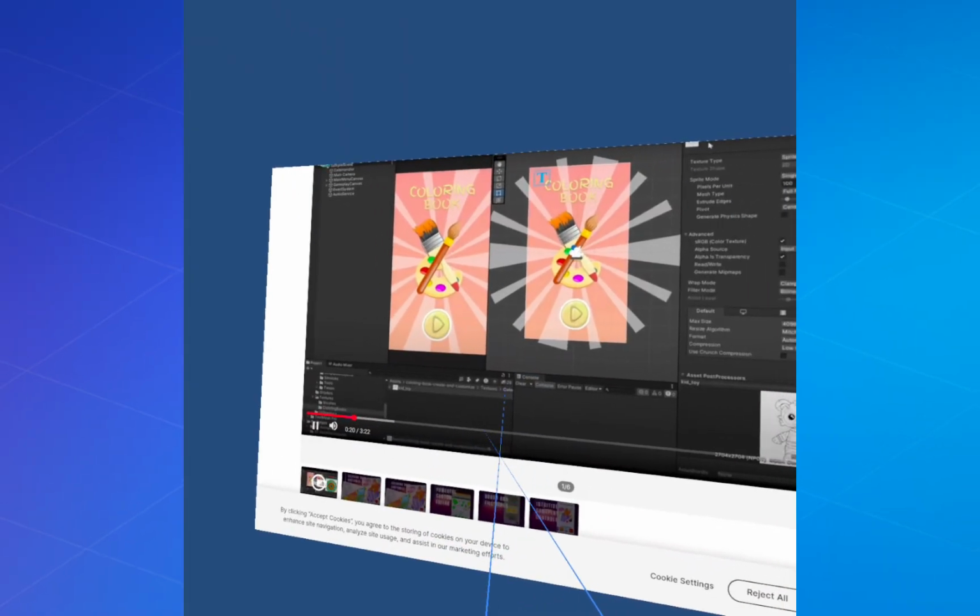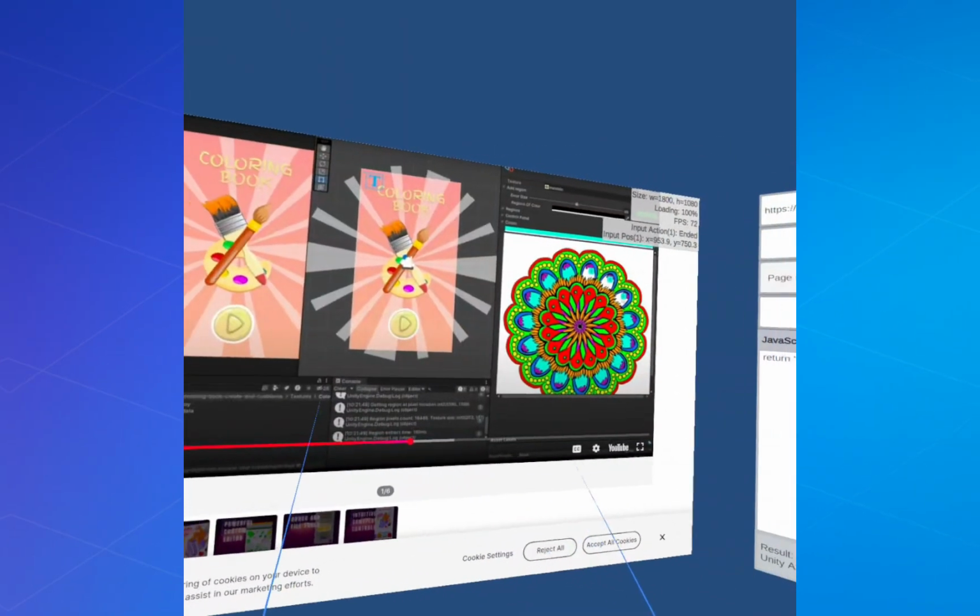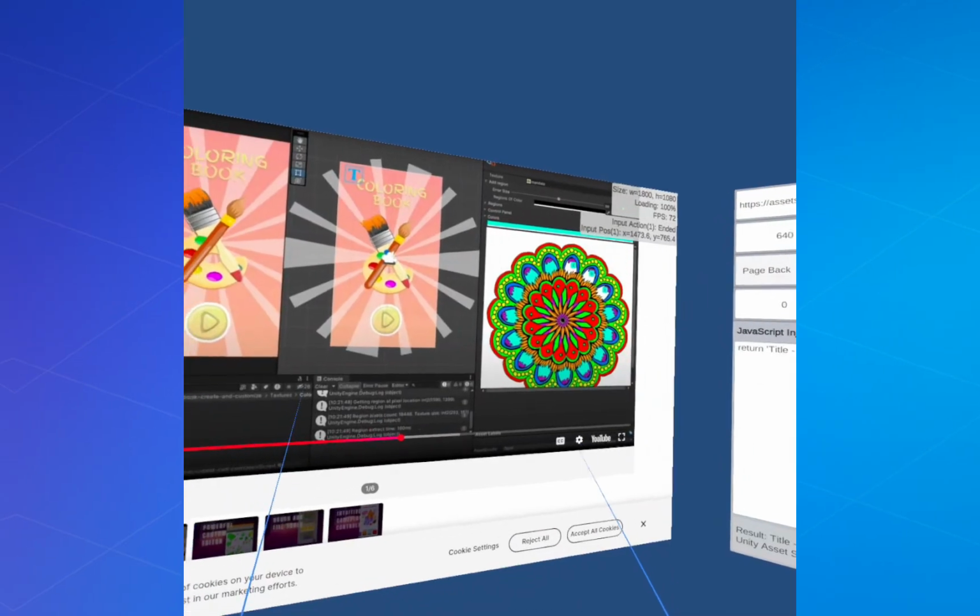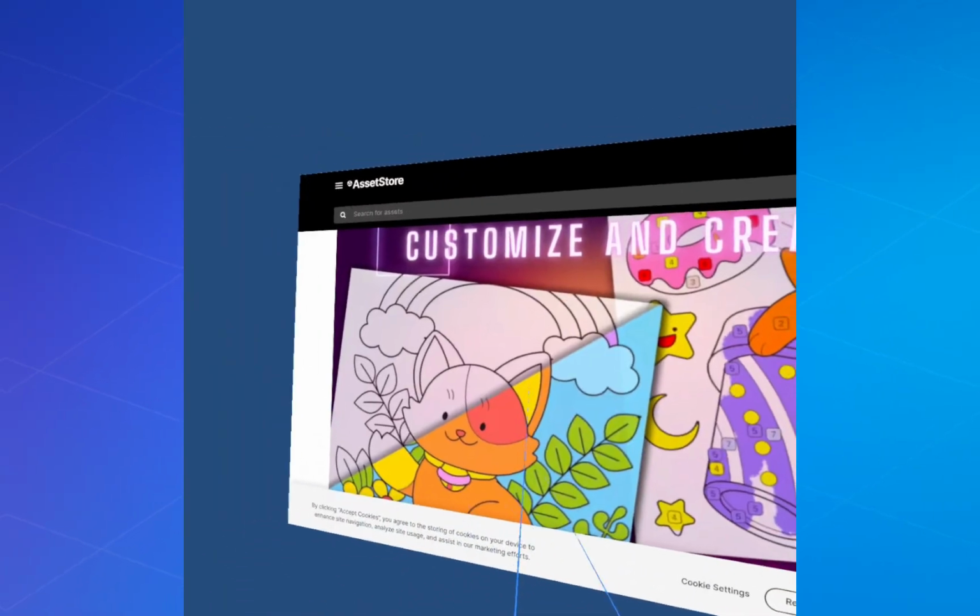Tutorial on color resolution. Shift plus left click to add a new region. You can